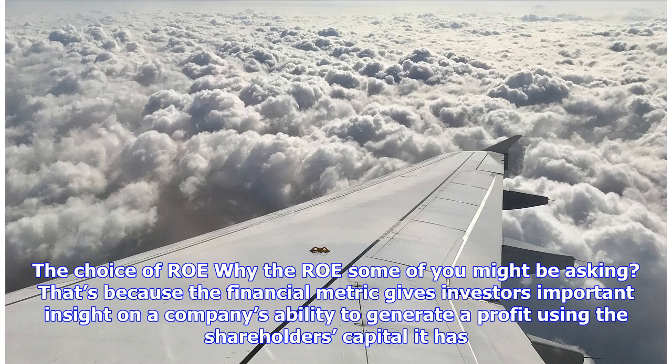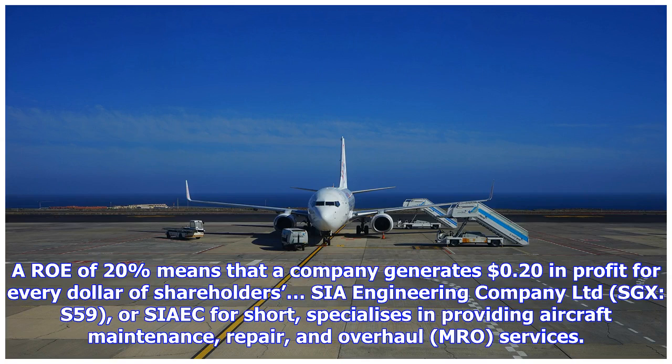The choice of ROE. Why the ROE, some of you might be asking? That's because the financial metric gives investors important insight on a company's ability to generate a profit using the shareholders' capital it has. A ROE of 20% means that a company generates 20 cents in profit for every dollar of shareholders'